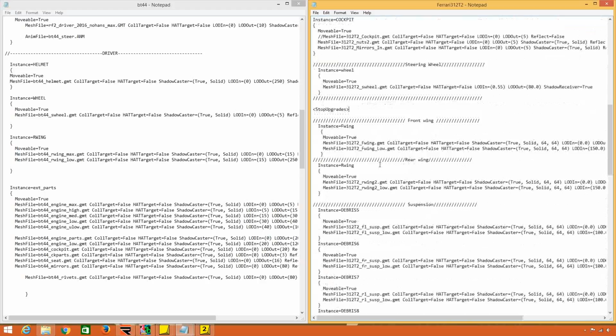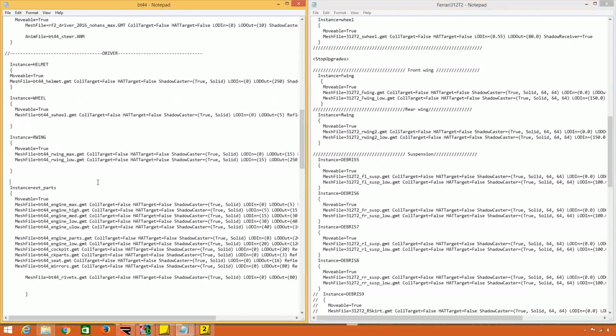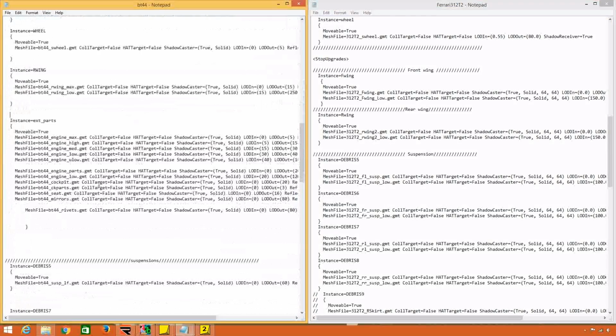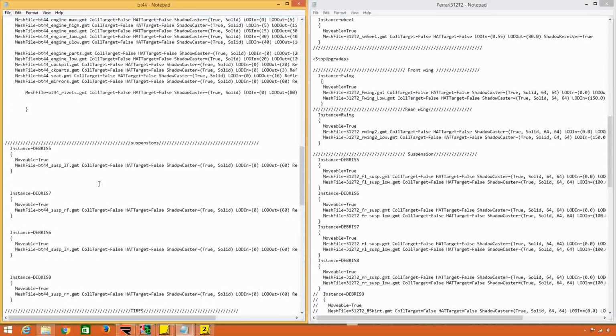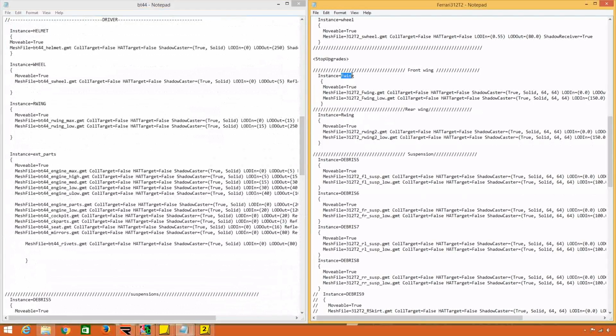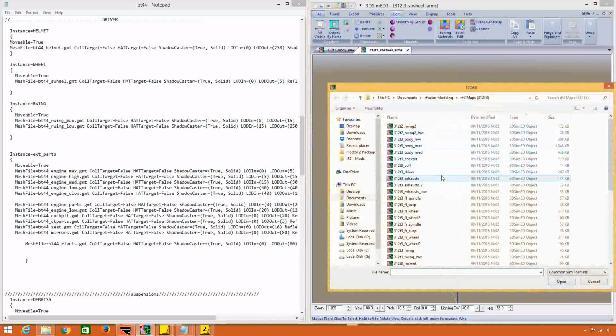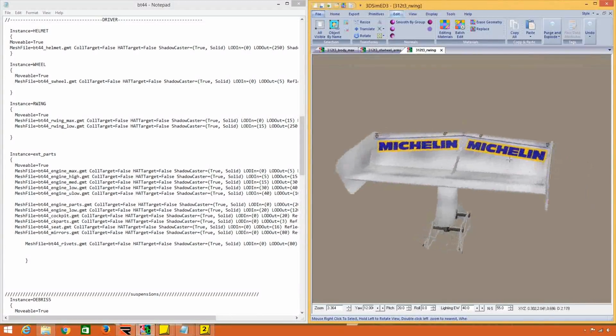That's fine. The rest, here we go, front wing. I'm not sure the Brabham has a front wing. I could be wrong, I've not looked at it. No, it has a rear wing. So obviously the instances are telling what part of the body it is. So rear wing, front wing. Rear wing is obviously the rear wing you want. The last bit can be anything you want, but really it should be the rear wing of an F1 car, obviously. So if we load that in, that's clearly the rear wing, so we'll make that the rear wing